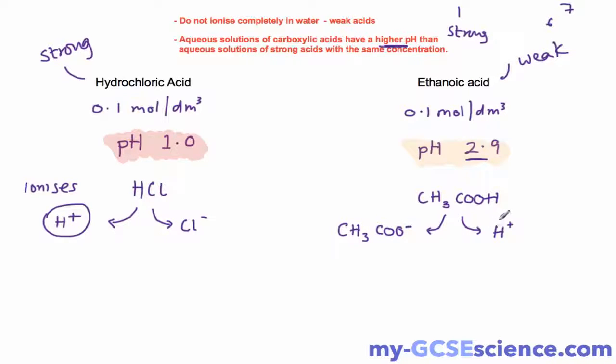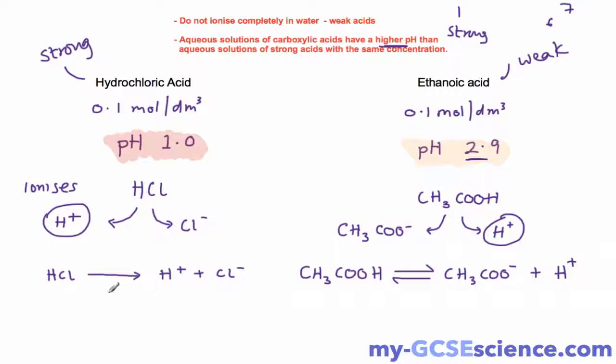Now that's all fine, we have our hydrogen over here, but this is the key to why we have a weaker acid with ethanoic acid. With hydrogen chloride, it will dissociate, or ionize, sorry, into hydrogen ions and chloride ions, but the key with our ethanoic acid is that this process is reversible. So while we can go from ethanoic acid to our CH3COO minus plus our hydrogen ions, this is reversible. So we're going to get movement in the reverse direction as well as movement in the forward direction. So this happens and it will reach equilibrium,